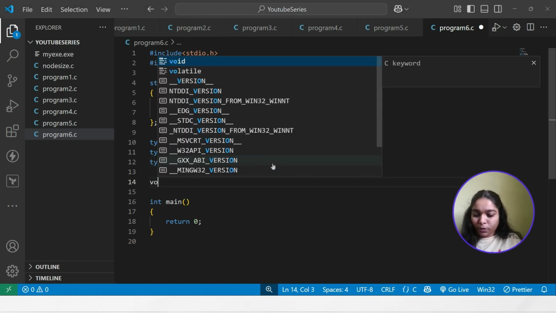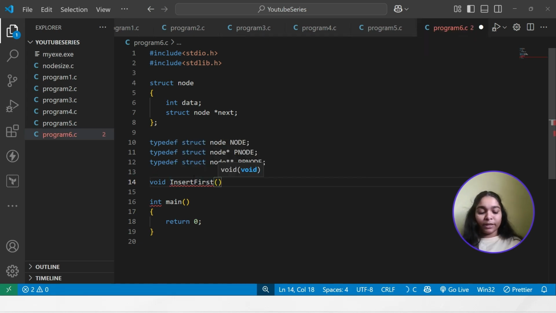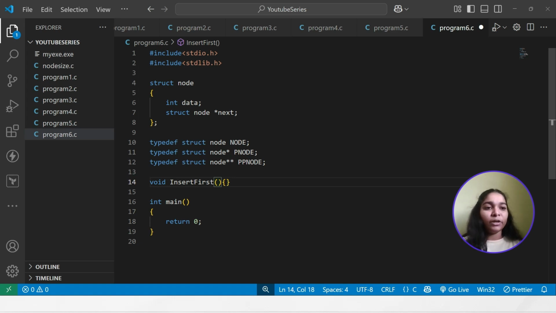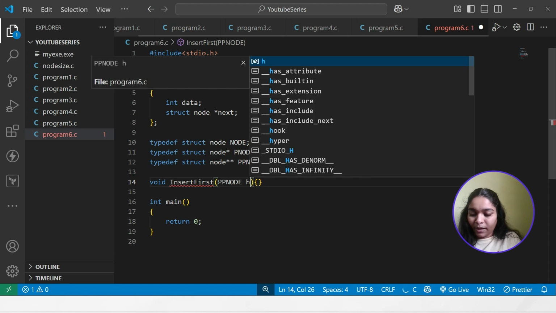Now write the function void insert first. Why is its data type void? Because it is not returning anything. So it is void insert first. Right. Now what will be the parameters here? As we are inserting elements, we are manipulating the linked list. So we have to write the pp node, right? Pp node head,